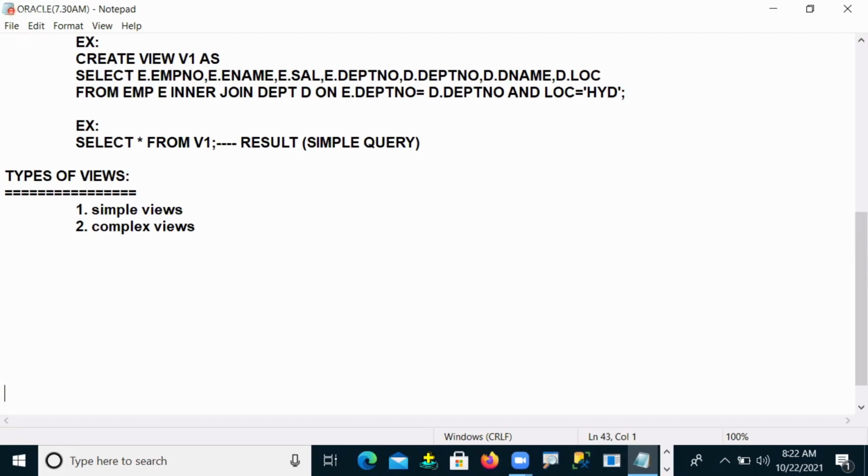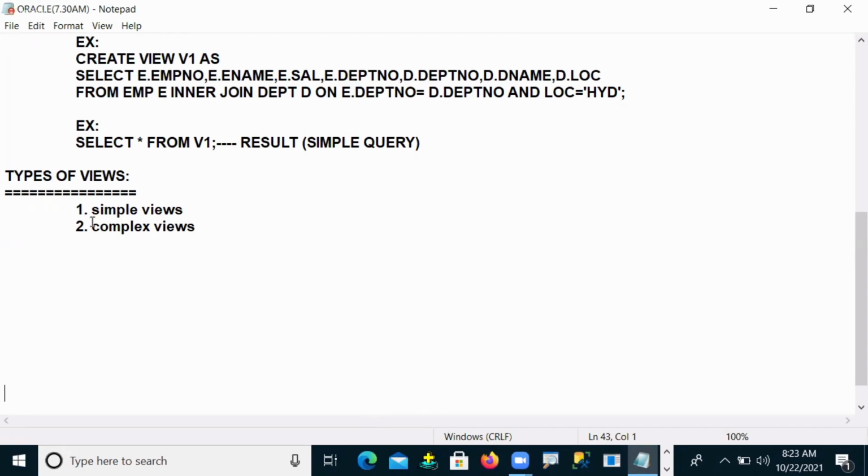Whenever we need to access some data from the original table or do some operations on the original table, there are two types of views, two types of interfaces, two types of mediators that the administrator creates in between the user and base tables. The first mediator is called a simple view mediator. The second mediator is called a complex view mediator. So now what are simple and complex views? Let me see one by one.